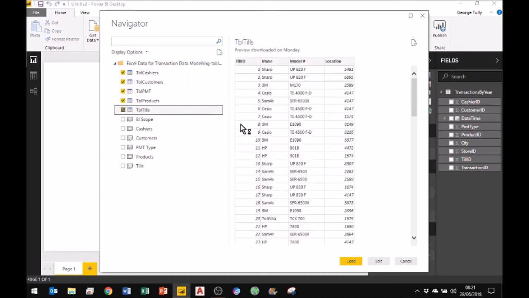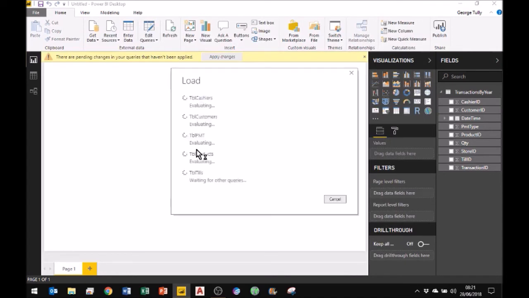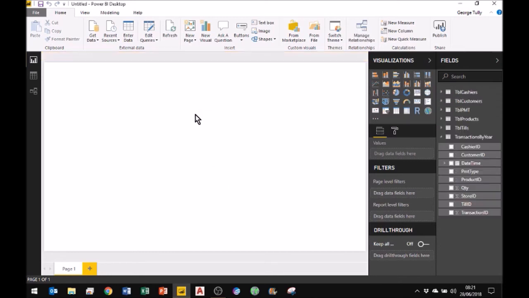If I went down to edit, I could have had them all selected and then put a filter on for where the type equals table, but we don't need to do that. I'm just going to go straight ahead and say load. I don't need to go into edit because they don't have file extensions or anything like that that I want filtered by, but I could do that. I could say go into them where they're not a sheet object, where they are just a table object. It's loading all of these as separate